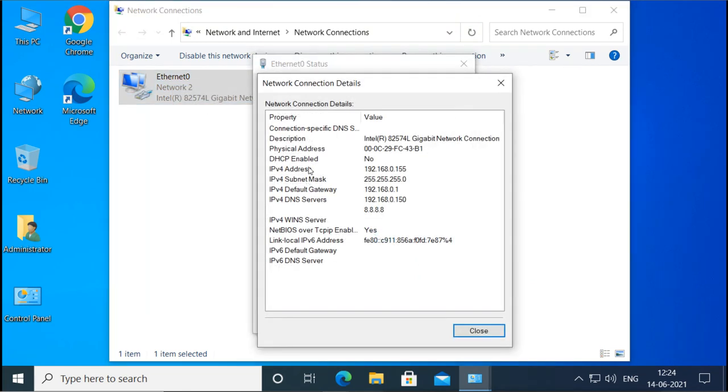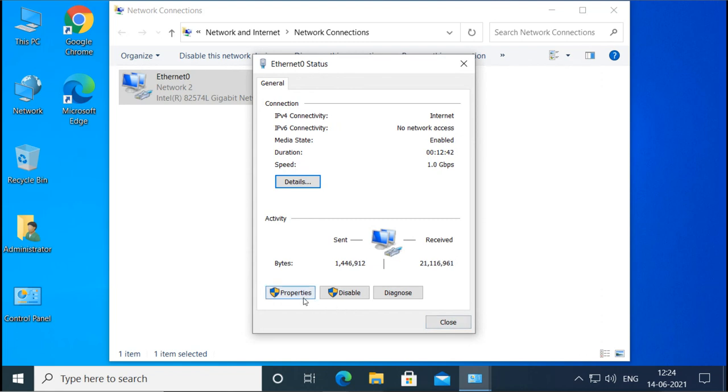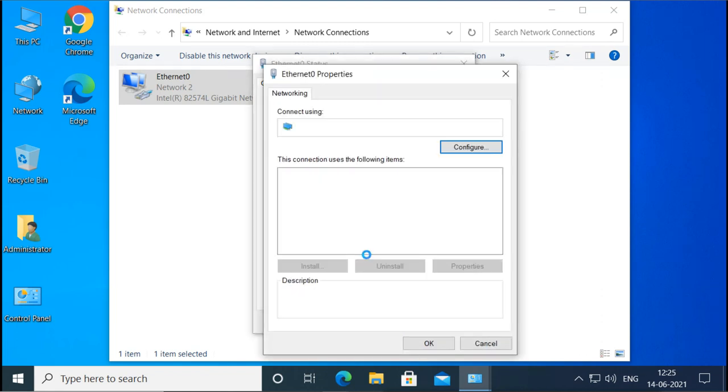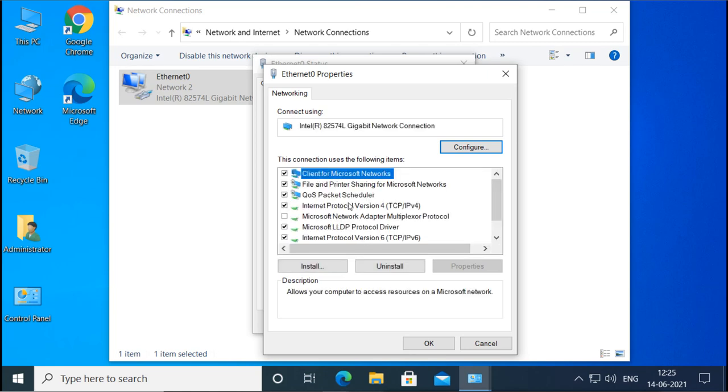So right now it is not in the domain network which we need. Our domain network IP is 16. So this machine also must be in the same network, but it is not. So first we have to change the IP address to connect to this domain. I will go to properties and change the IP address to the same network IP.